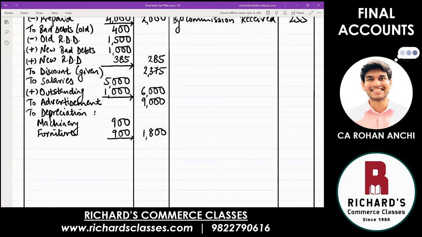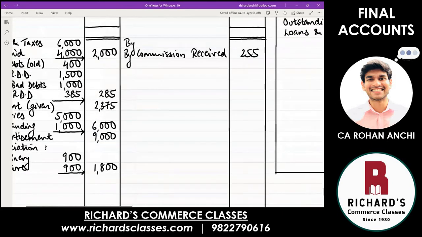And now only one point remains, and that is create discount on creditors at 3%. Our creditors, the people who we have to pay money to, they are giving us a discount. That is good for us. That is going to be our income. So we are going to adjust the creditors now, the way we adjusted debtors earlier. So come to the liability side.